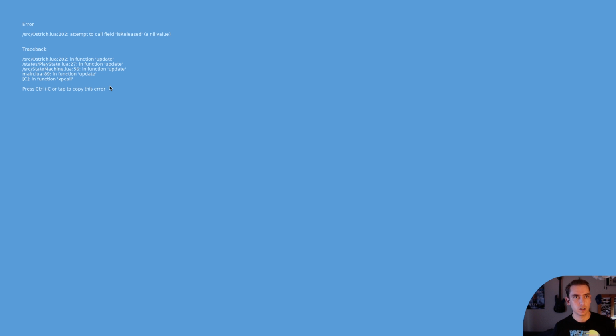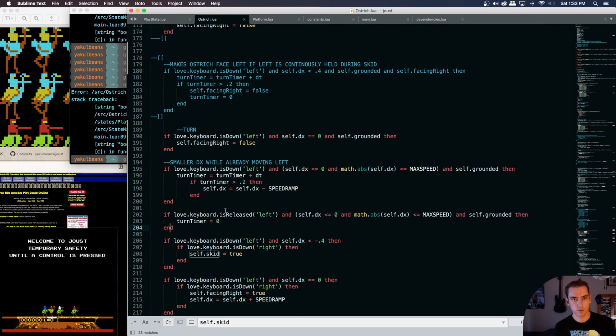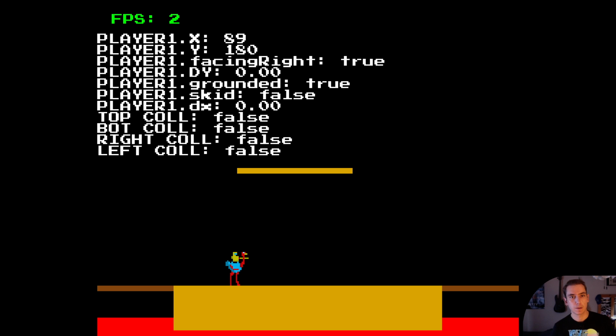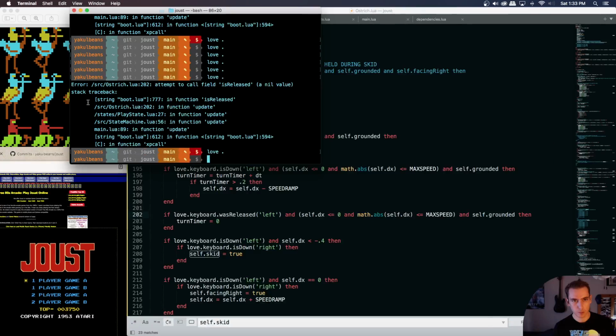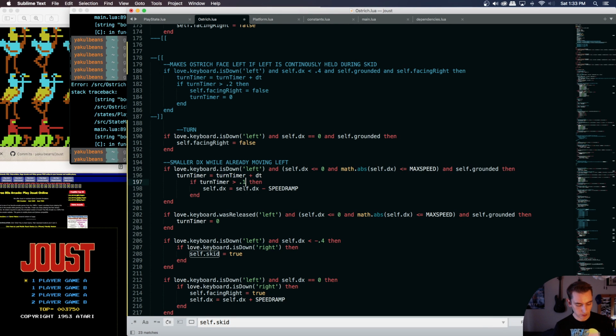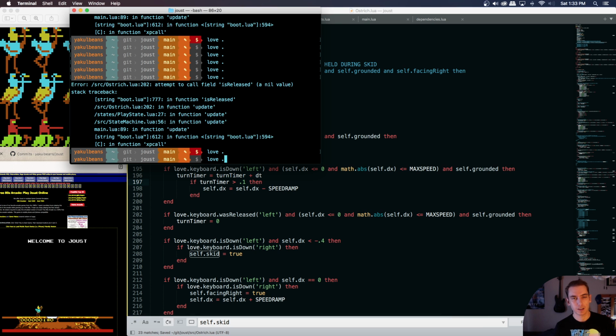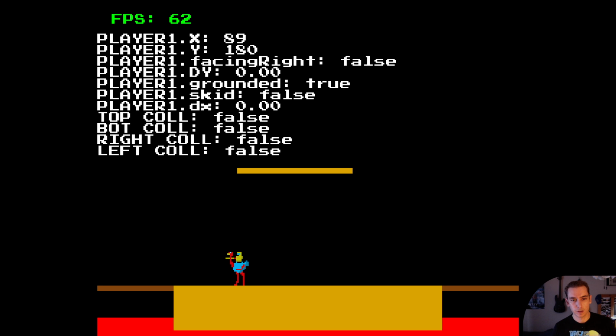So we should be able to... oops, is released, was released. Is the name of our table. Okay, we should be able to turn without moving. If we hold it, the turn timer will start implementing. Yeah, it needs to be faster than that. But let me see if we can still turn without going. And the emulator here was a little janky with it. Oh, see, so yeah, we wouldn't need to fix that, but